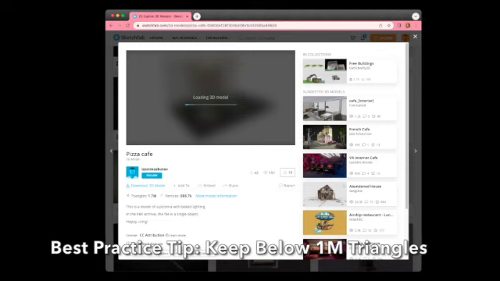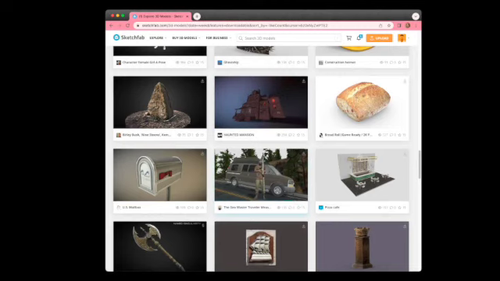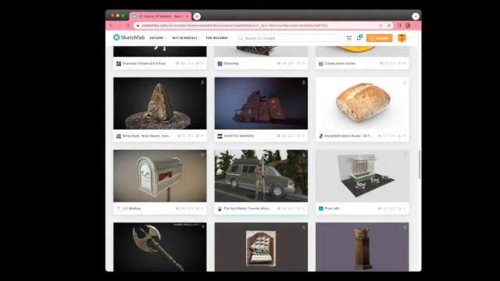I'm noticing that this is kind of big, 1.7 million triangles. That means that things might slow down a little bit inside of EON if I try to use this particular model. So knowing that this is a lot of triangles, I'm going to try for something maybe a little bit less